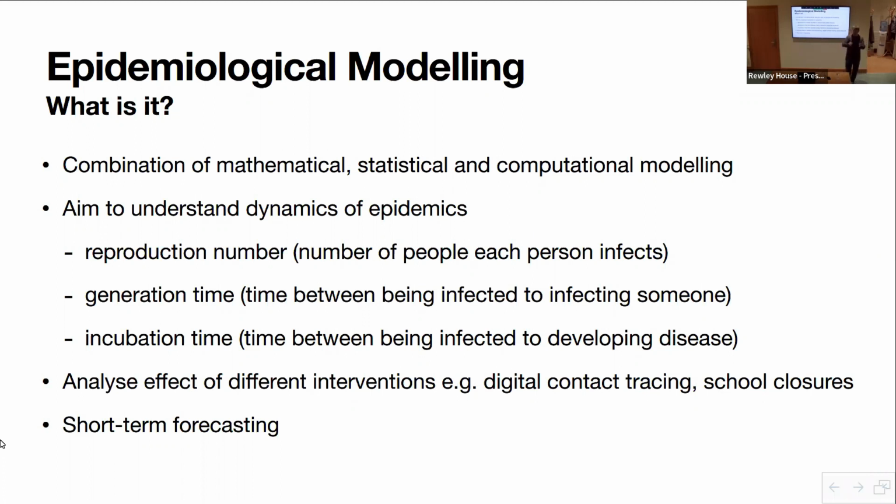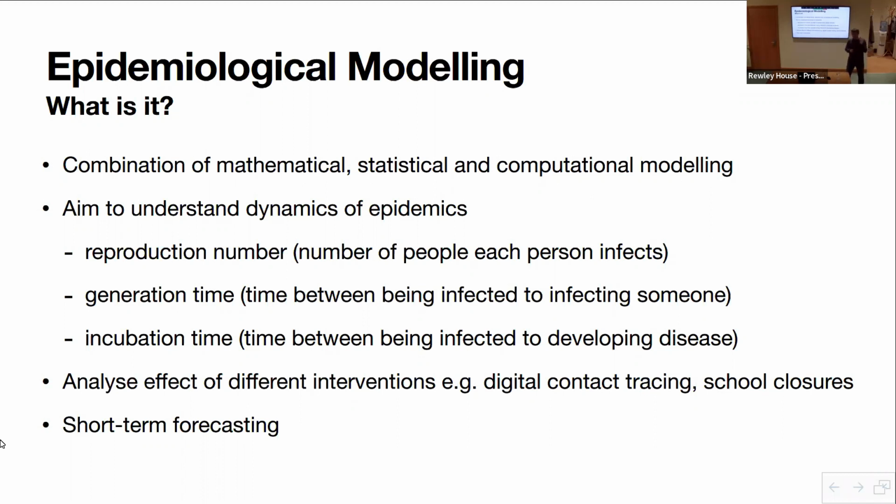Okay, so if that is measured in months or years, you've got a lot of time to do things. If it's measured in a few days, it's really difficult. In the first wave of COVID-19, it was probably 5 days, and now with Omicron, it's down to about 3 days. It's very short. This is one of the reasons why COVID was so hard to control. And the third thing is the so-called incubation time.